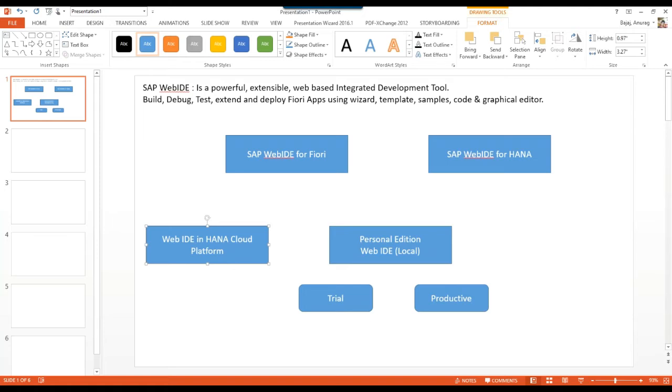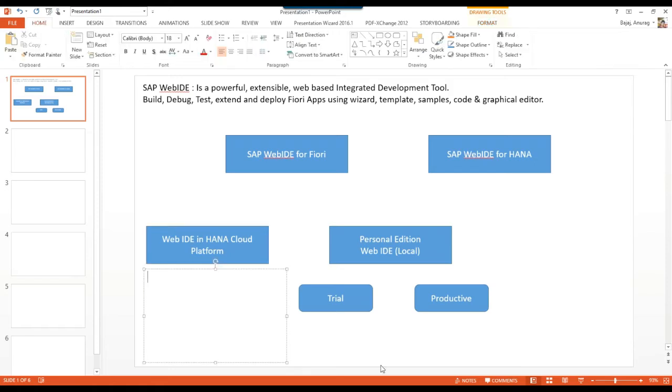So you need to understand that whatever features you have in the cloud platform, most of them are there in the personal edition also, but there are some extra features which you only get when you are using it in the cloud. Let me tell you those features quickly so that if somebody asks you in an interview, you can answer. Very important: SAP Web IDE in the cloud has more features compared to the personal edition. Point two, what are those features? The first feature is deploy, run, extend